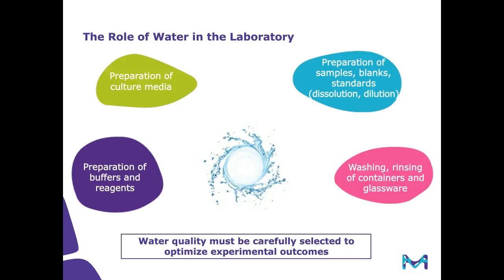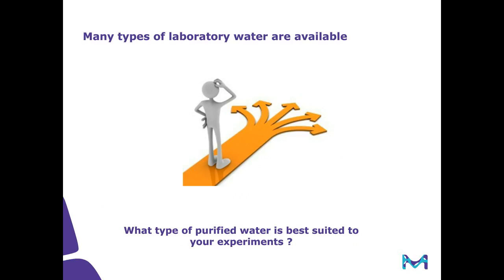So there are many different types of laboratory water available. I'm sure in your lab you have several kinds of water. Maybe you have bottled water, maybe you have a distillator, or maybe you have a tap, next to your regular tap water that delivers deionized water, or maybe you don't even know what kind of water it is because it's available in your building, but you don't exactly know how it's purified.